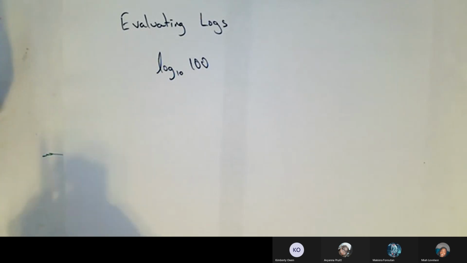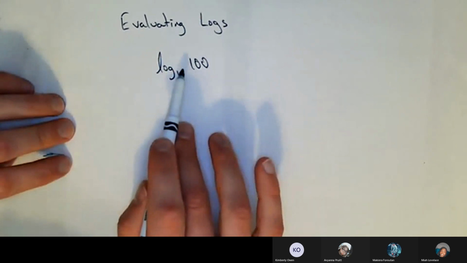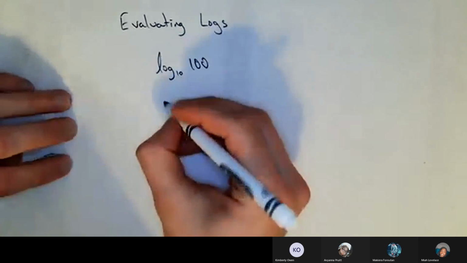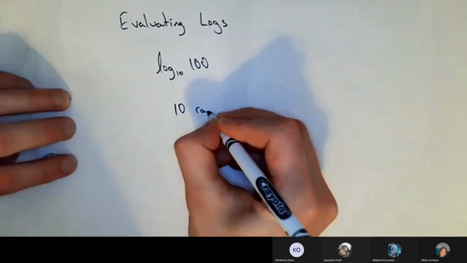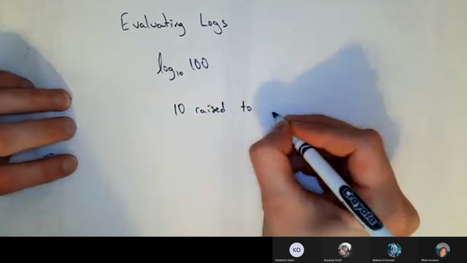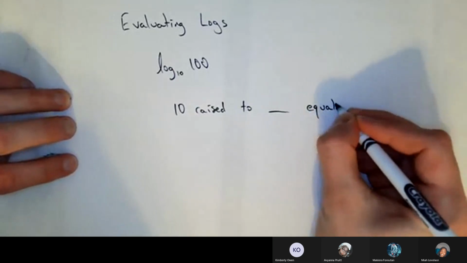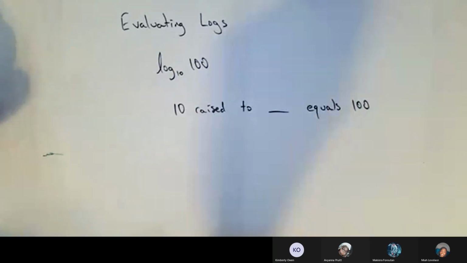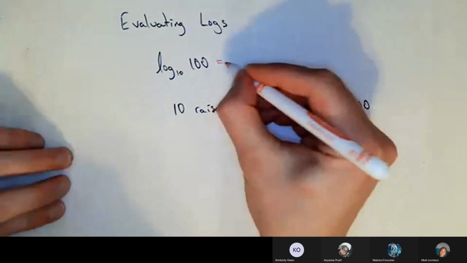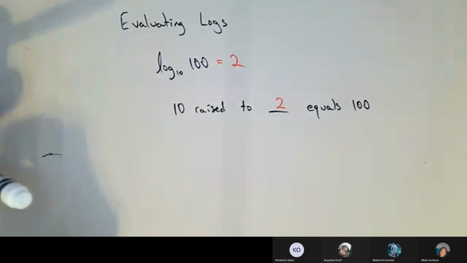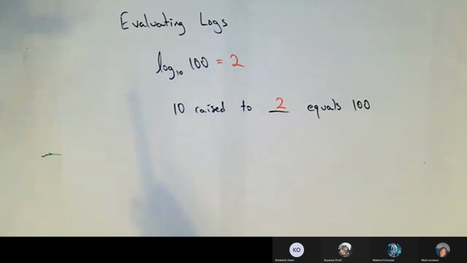And you have to figure out what is 10 raised to some number is equal to 100. So remember, the question is 10 raised to blank equals 100. That's the question you're trying to answer for this. And of course, we know that it's 2, so the answer to this question would be 2. Okay, so this is actually evaluating logs. We did that last time too. So we know how to rewrite exponential equations in terms of logs, and we also know how to evaluate logs,